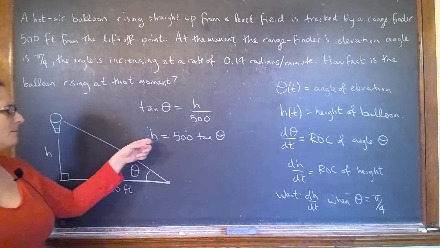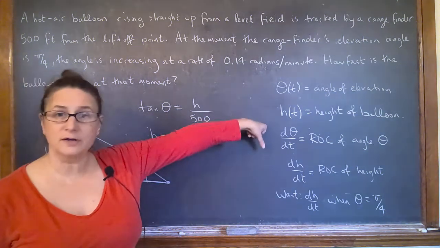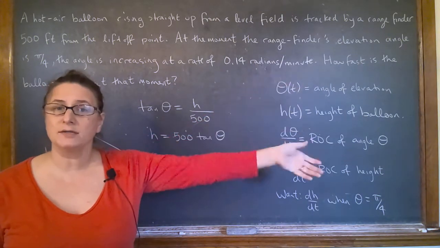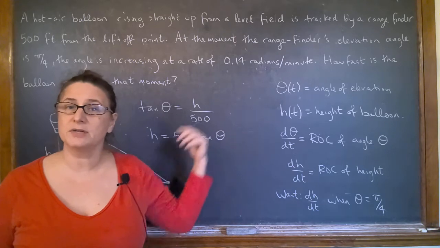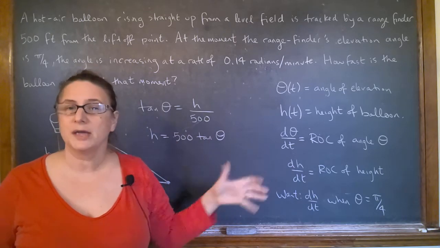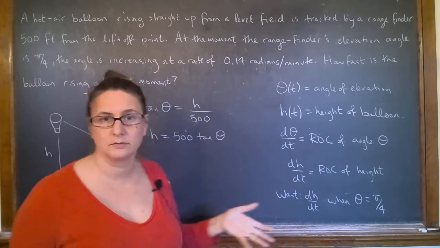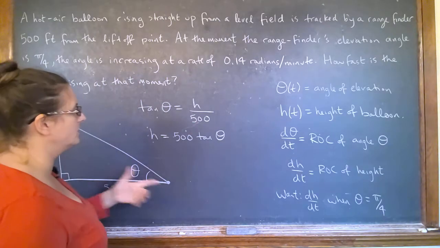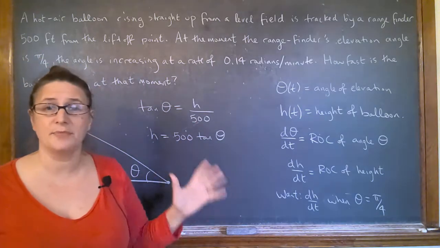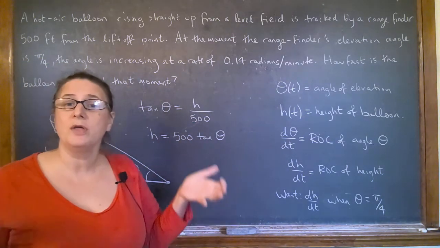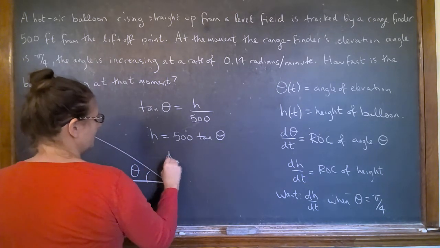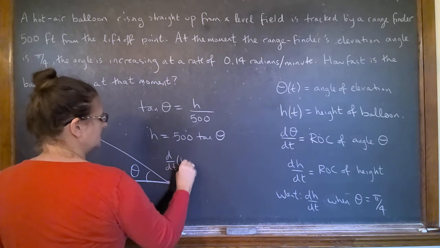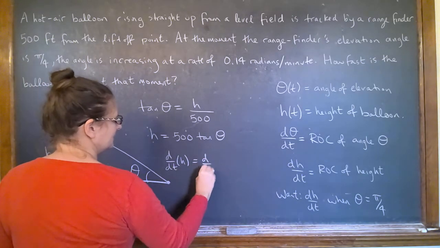Now I think about both h and theta being functions of t. So if I want to talk about the rates of change, I have to take the derivatives of both sides of this with respect to t. So it's an implicit differentiation, right? Because I'm not taking the derivative with respect to theta or h, they're both with respect to t. So taking the derivative of both sides with respect to t,